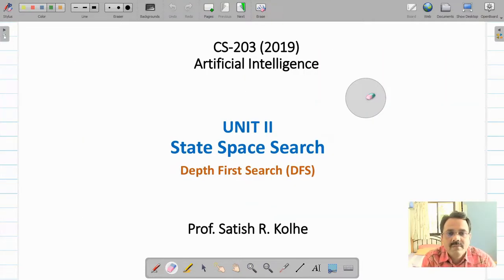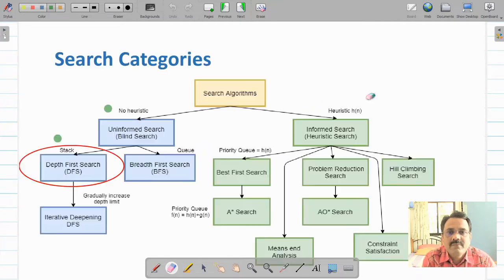So today we will be discussing depth first search algorithm. Depth first search, basically it's an uninformed search algorithm and it does not use any information to carry out the search. Therefore we call this algorithm as blind search algorithm also. It uses stack in its implementation, and extended version of this depth first search algorithm is depth limited search. And then again another version of this depth limited search is iterative deepening depth first search algorithm.